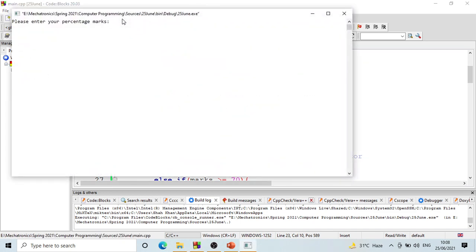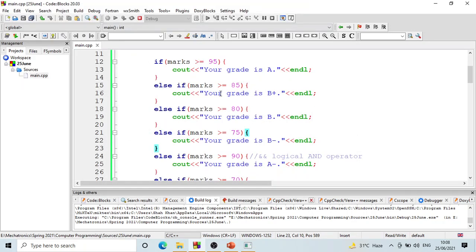Now for example we have the student obtains marks जो है ना उसके हैं 96, you get an A grade, fine। अब है marks उसके 94, so he or she should get an A minus grade, but आप कह रहे हैं कि your grade is B plus। ठीक है, why? Because यहाँ पे अब वो foolproof mechanism नहीं रहा कि marks जो है ना वो correct interval में locate कर दिए जाएं। अब 94 जो है वो 85 से भी greater है। This condition is true, this is true, this is true and this is also true for 94। ठीक है, लेकिन पहली condition जो उसे मिलती है ना वो ये वाली मिलती है, तो वो इस basis पे grade calculate कर लेगा and then it will exit।